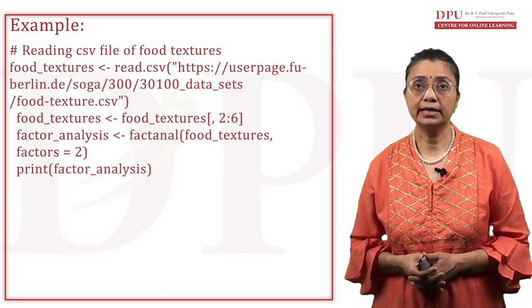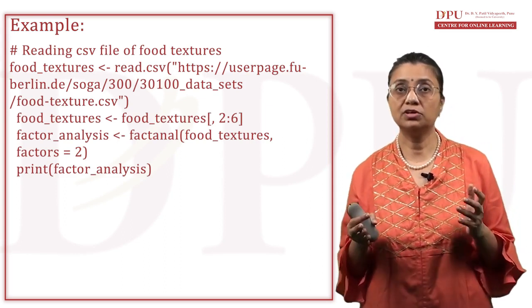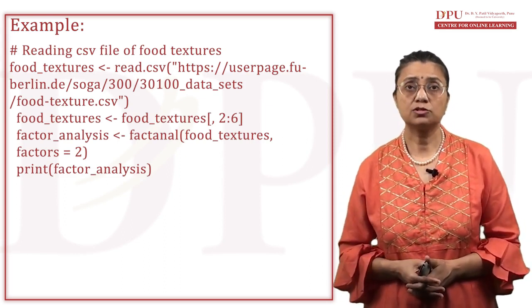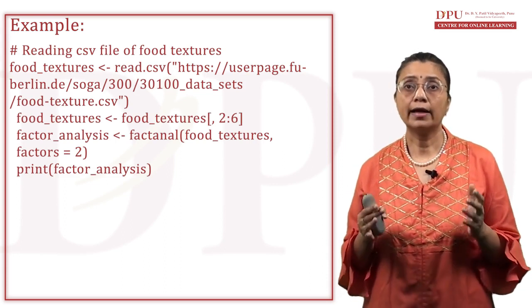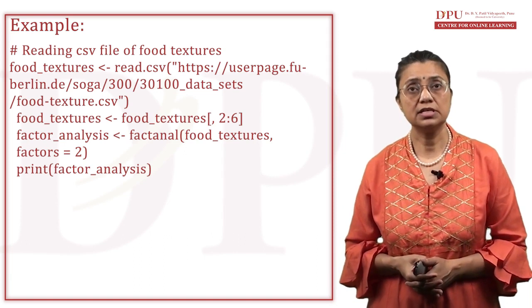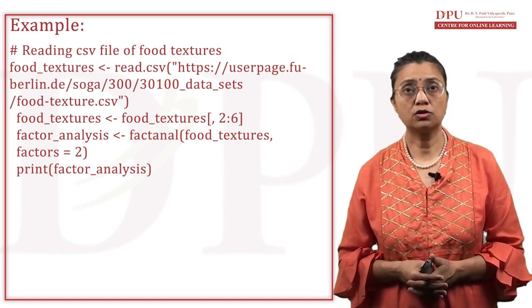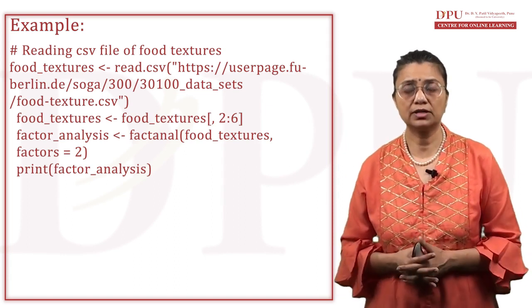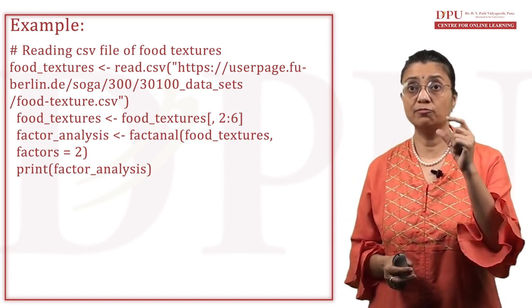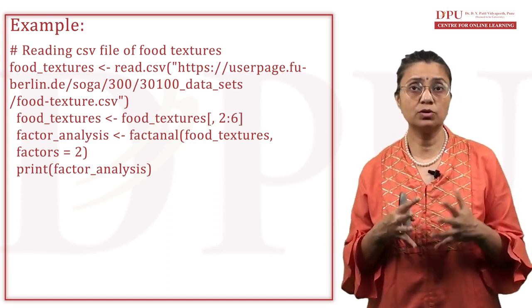Here we are reading a CSV file of food textures. You can see over here that we are reading the CSV file and storing that in food textures, and that CSV file is procured from the internet. We can see the https user page, something something till food texture.csv. So basically I'm fetching a file online, and in food textures we get a subset of food textures where